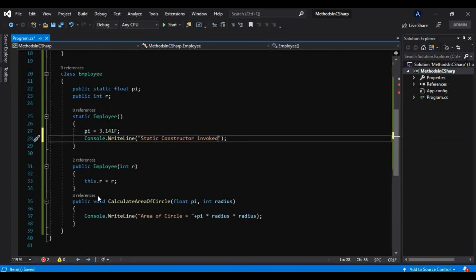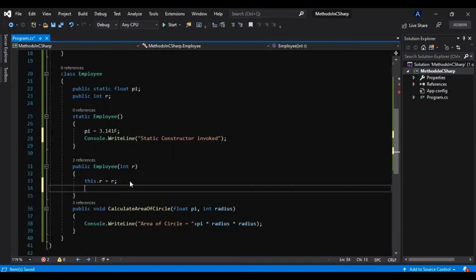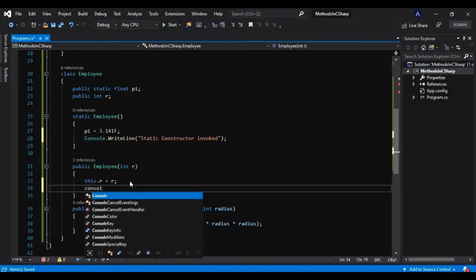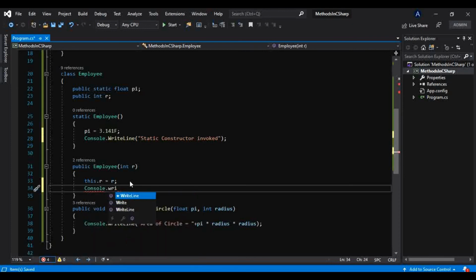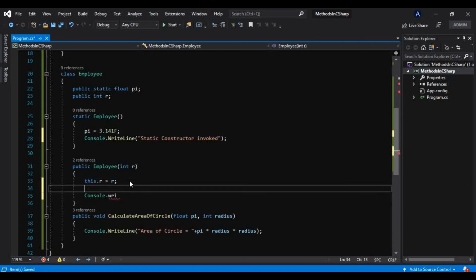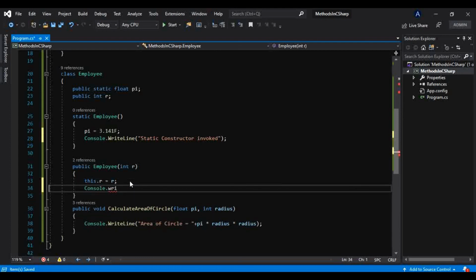I will also need one message here, Console.WriteLine, and the message will be "instance constructor invoked".